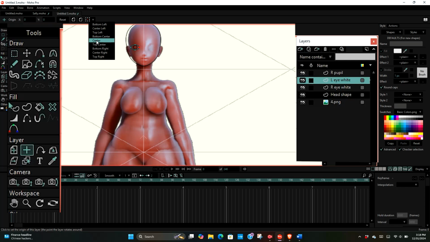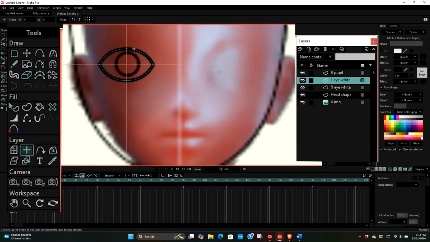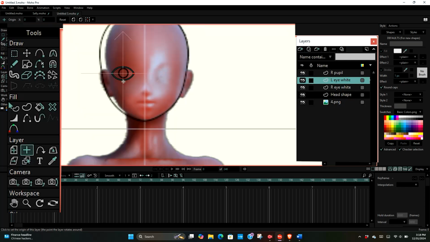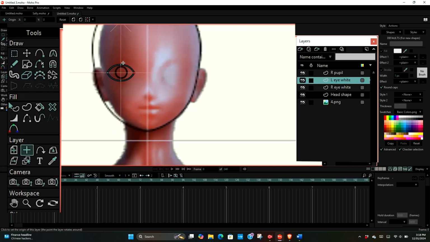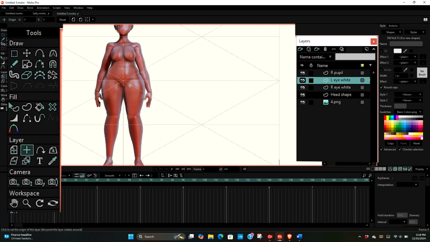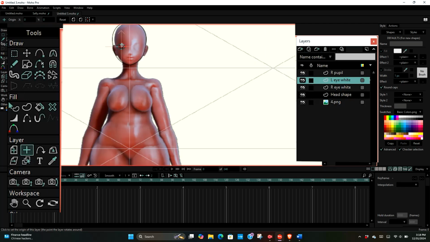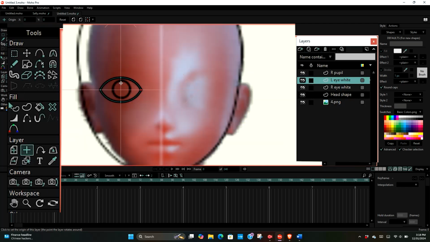So when we set the origin to center, you can see it has gone to the center of the drawing. Originally it was at the center of the layer, but now it has gone to the center of the drawing. Then, oh, this one has not updated. You could click another tool and click it again. Yeah, now it has